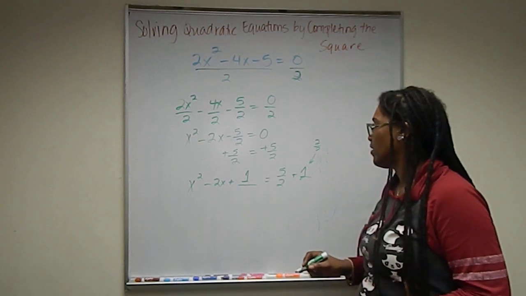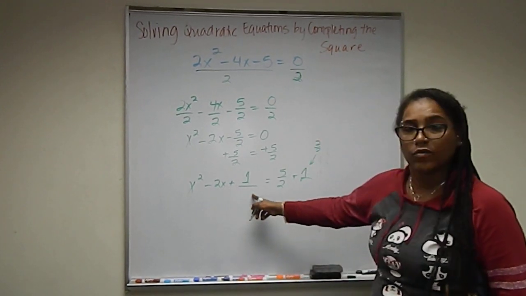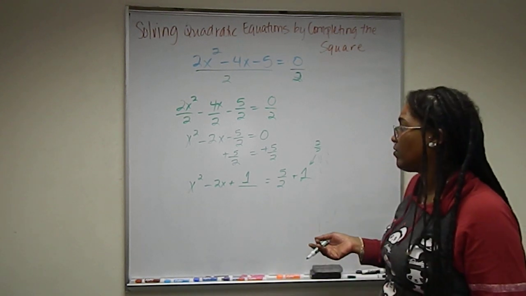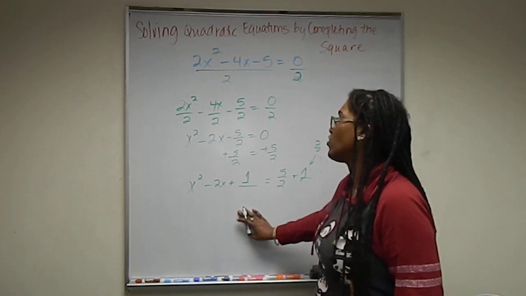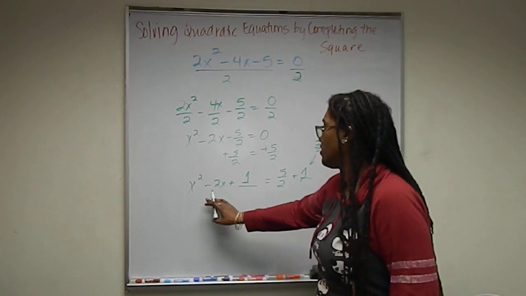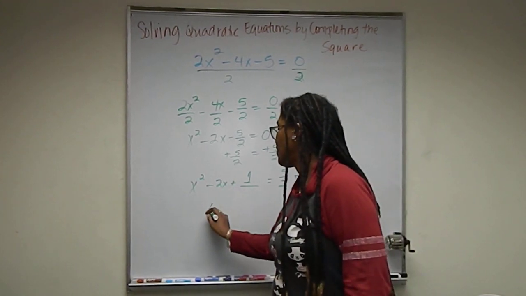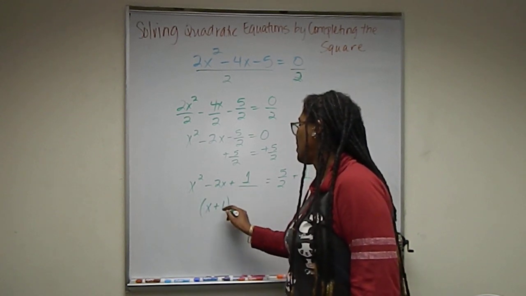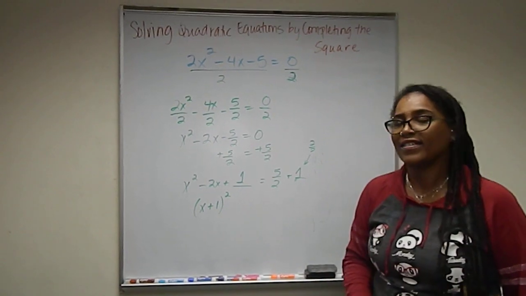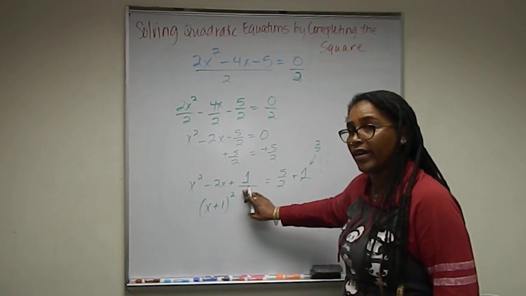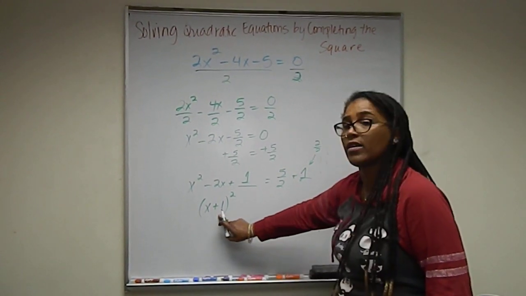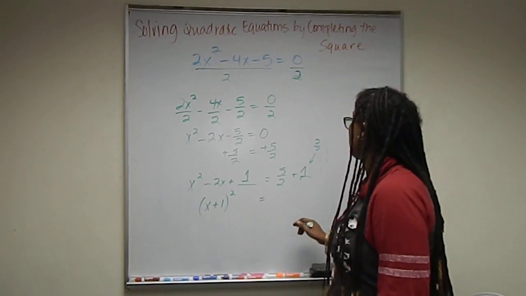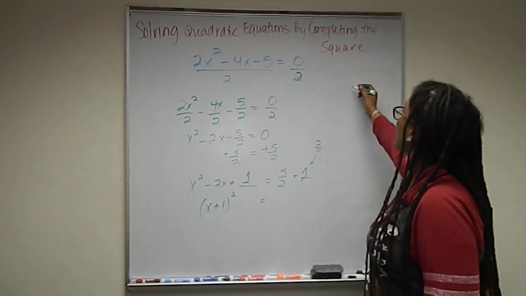So now over here, what do I have? Remember, I need to make it a perfect square trinomial. If you're ever curious what to do, you're going to take what you added. You had this and you did plus 1, so 1 is what you added, and that's what's going to be squared. Whatever you put right here is going to be what's right here, and you put it in your parentheses and square it. And that's going to equal